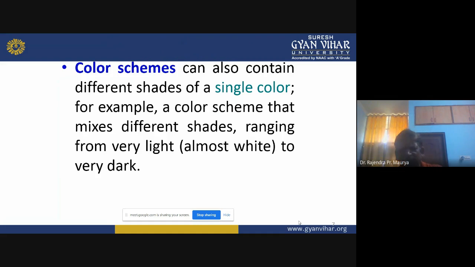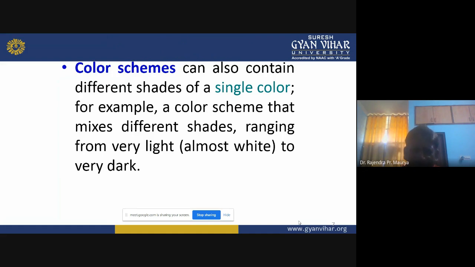Color schemes can also contain different shades of a single color, for example, a color scheme that mixes different shades ranging from very light to very dark.